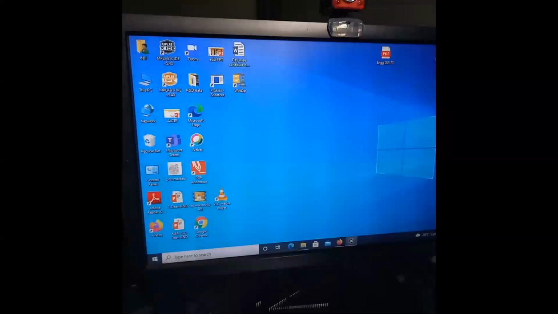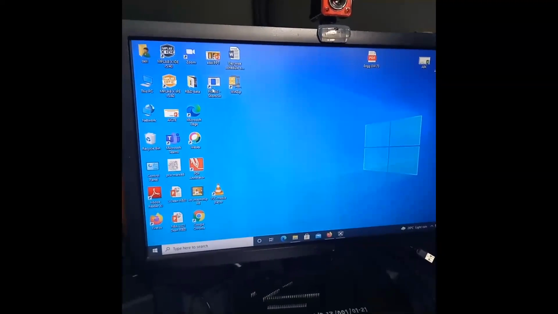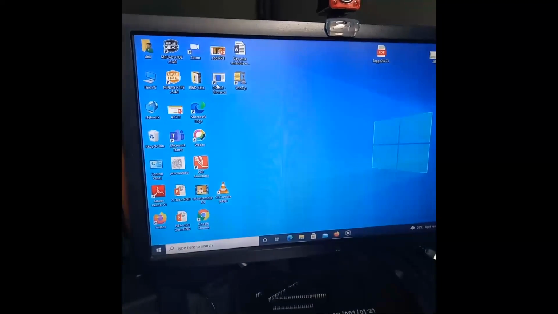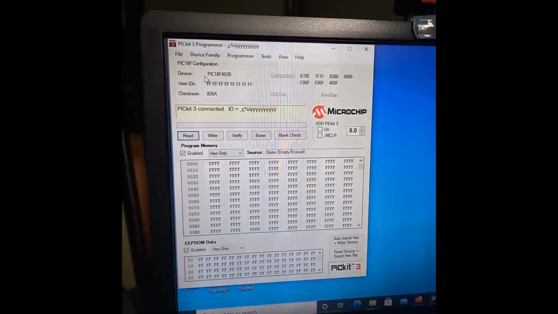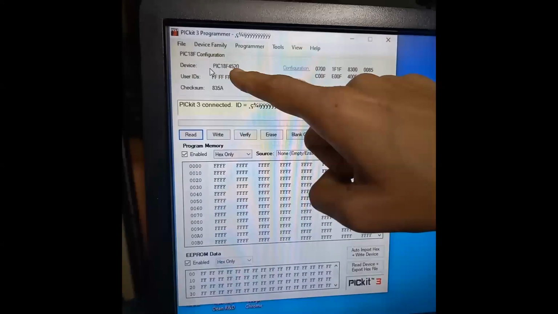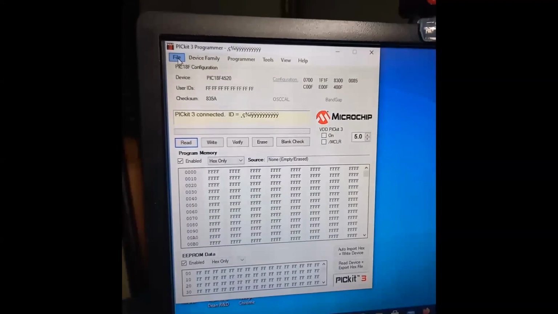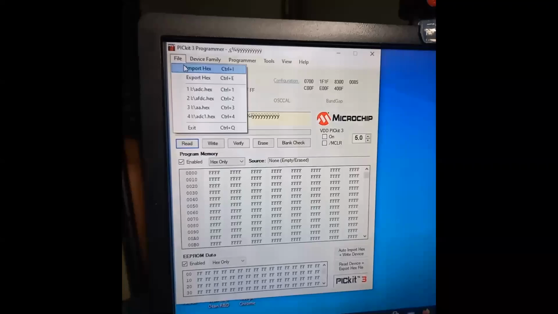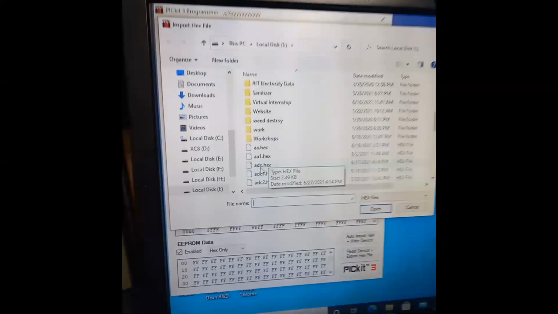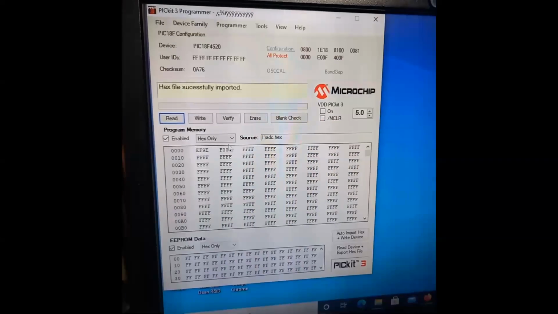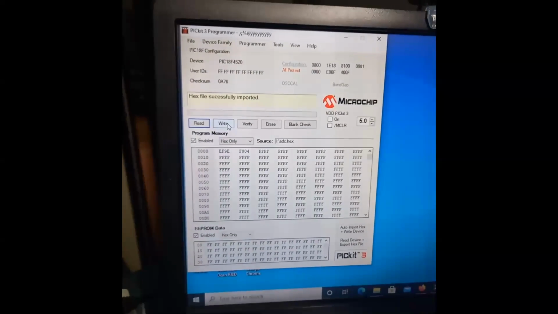Hex file is saved. Now open the PICkit 3 software. Here the device is detected. The device is PIC18F4520. Now let us import the hex file. Import. The name of the hex file is adc.hex. This file is successfully imported. Now click on write.